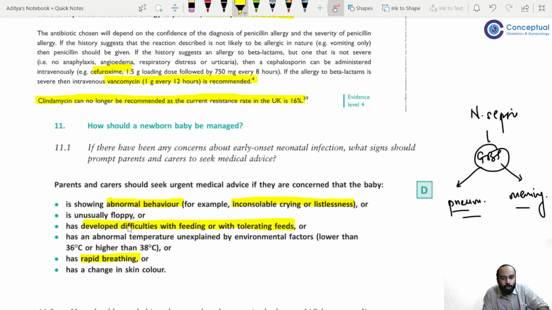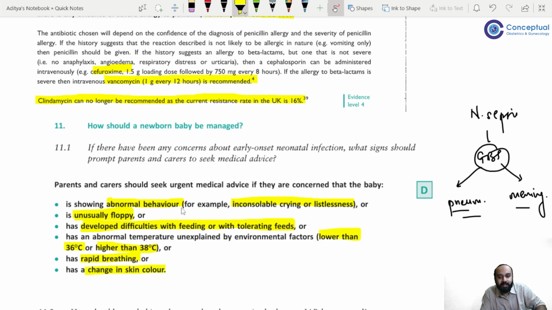The baby will also have nausea, so will keep on vomiting. Because of meningitis, the baby's body tone will be very poor. It is going to be usually a very flabby or floppy baby. Of course, temperatures will be high, so pyrexia is possible. Even hypothermia is possible in these babies due to Group B Streptococcus infection, and there is going to be a